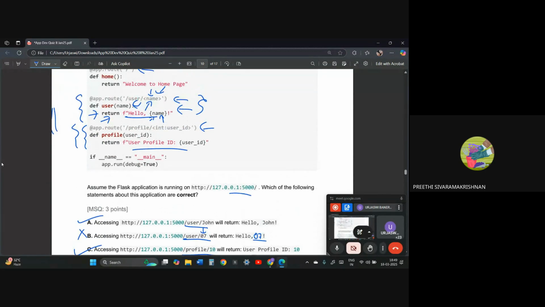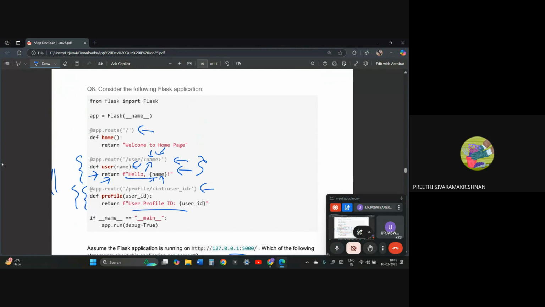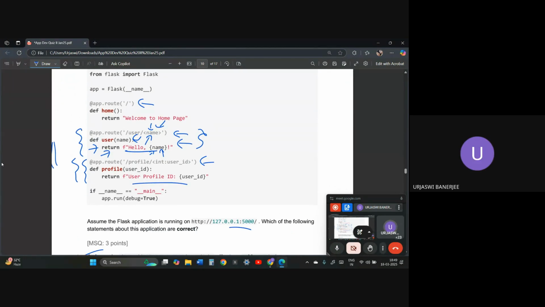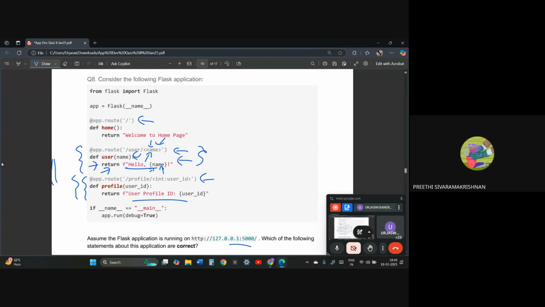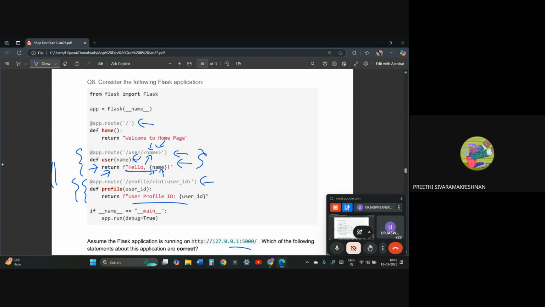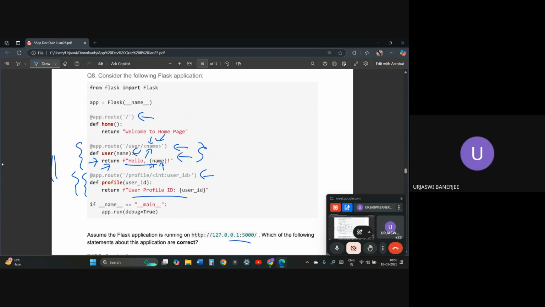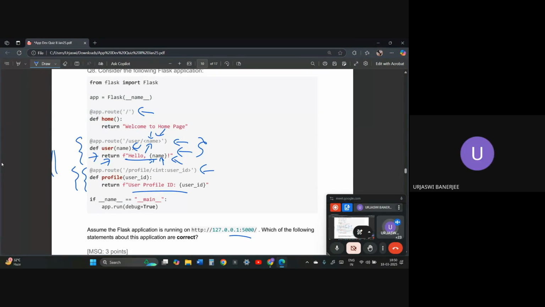Ma'am, did you code this and check? Because I have not coded and checked. I haven't coded this, actually. But maybe we need to check, because last time you had said that it could be hello, comma, blank space, because there's a blank space there. I haven't coded it because in this question even I didn't tick that option. I ticked the other two options, but I didn't tick this 404 error option. But the thing is that in the return statement this function is using the name part, so that is also something.